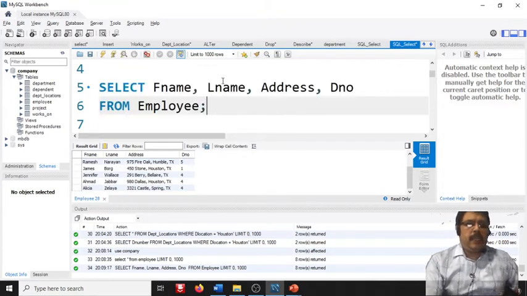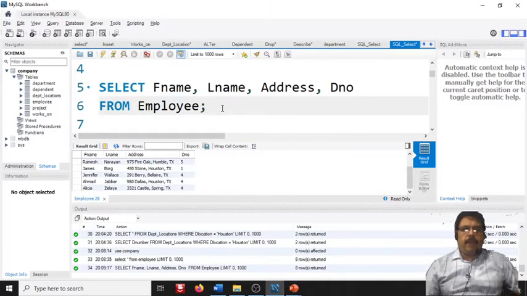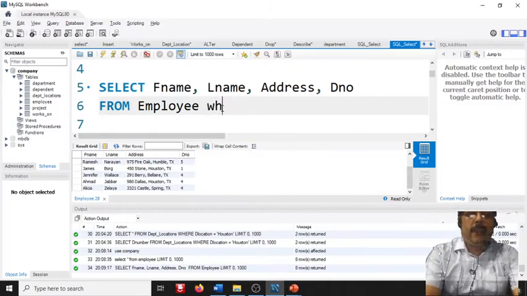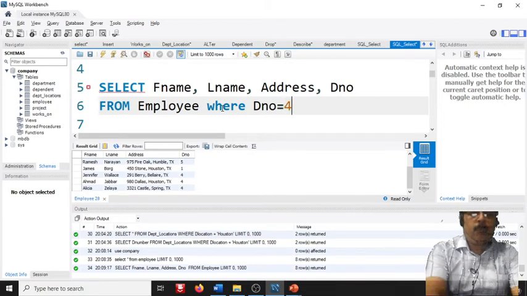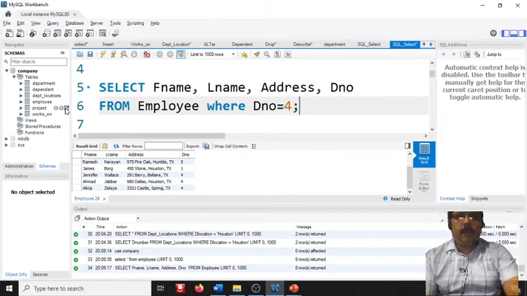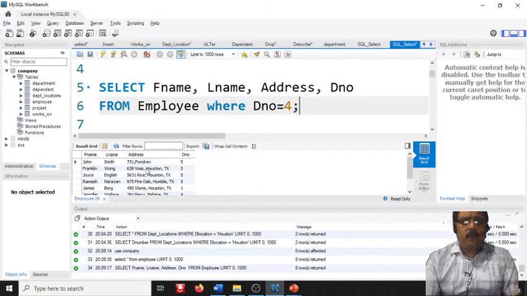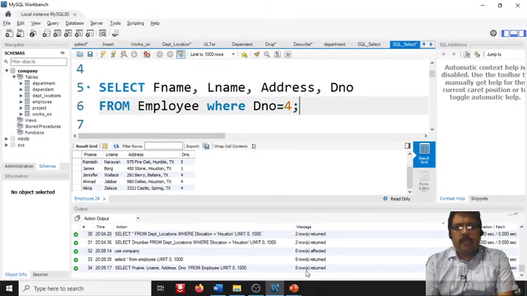So we have not used any conditions. In case we can specify the condition, that is the department number equal to 5, in that case I have to use where, which is given in blue letters, that is a keyword. Where DNO equal to, I will take 4 because many are there. If you specify it, it will display all the employees. Now we are getting 8 results here. If I scroll, totally 1 2 3 4 5 6 7 8 rows are returned.